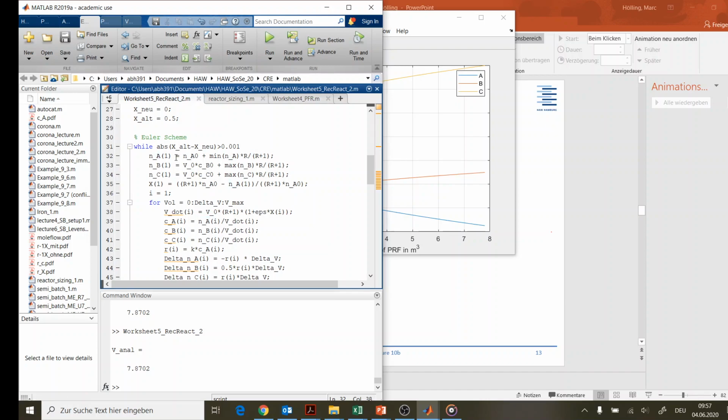Then here I mix the mole flows, and I do the same with the mole flows for B and C. So this is the volume flow times the inlet concentration, and then I'm just adding the maximum value of component B, or the mole flow of B and the mole flow of C, and then I'm calculating the inlet conversion with the equation that I showed you already. Okay,